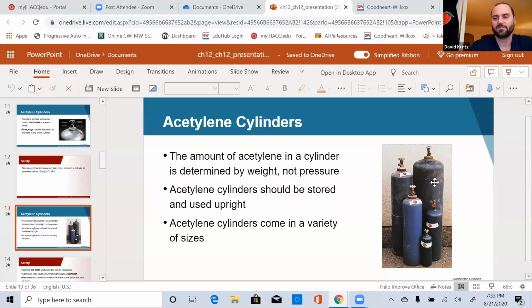Like our manifold system, we have the biggest acetylene cylinders that you can buy. If you notice too, the acetylene cylinder looks like it's half the size of the oxygen cylinder in most cases. And the oxygen cylinder will have 2200 PSI if it's full. An acetylene cylinder will have anywhere from 240 to 250 PSI, yet you'll go through almost 2 to 1 oxygen over acetylene